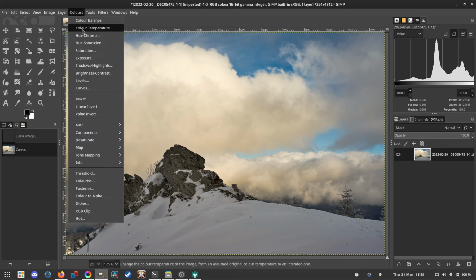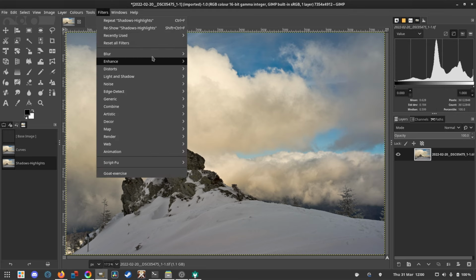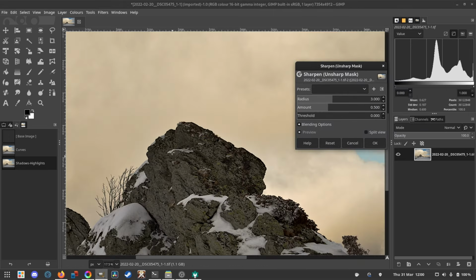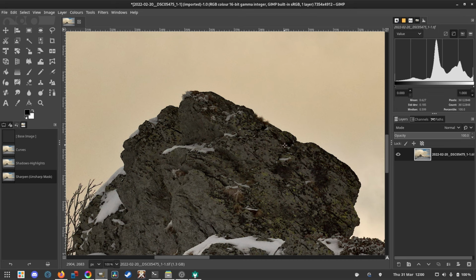I perhaps want a bit more detail in the clouds, and in order to achieve that, I'm going to pull the highlights down a bit. Right around here is okay. Do a bit of sharpening with this enhance filter and choose the unsharp mask. But be very careful with these sharpening filters. At their default values, they are usually kind of rough, really kind of harsh. So I am careful to very slightly introduce a bit of detail, just enough that it adds to the image and